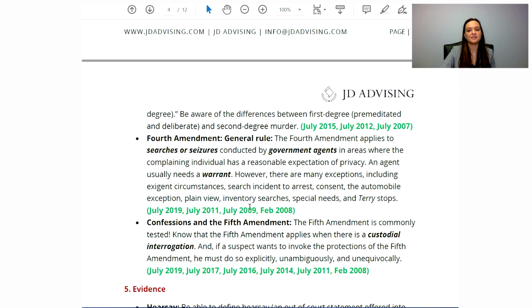When it comes to confessions in the Fifth Amendment, this is a good area of law to define your terms. Oftentimes when they test the Fifth Amendment, they're testing whether or not a custodial interrogation has occurred. And it's not enough to just say custodial interrogation. You want to actually define what those terms mean. So for instance, tell the graders that a person is in custody when a reasonable person would not feel free to leave. It's not necessarily just about being in handcuffs, for instance. In interrogation, define this term for the graders. It's when the police officers or government agent are asking questions or its functional equivalent.